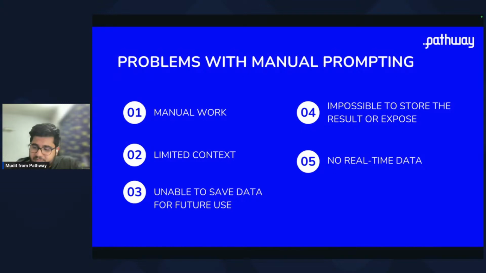And one more thing that I missed to mention is privacy. If you're the CEO of Netflix and you're copy pasting your revenue numbers on ChatGPT, that particular tool openly tells you that it will be using it for training the models. If you're using the normal ChatGPT basic version, and something like Claude 2, for example, I don't know if it is now allowed in Europe, but earlier it was not even GDPR compliant.